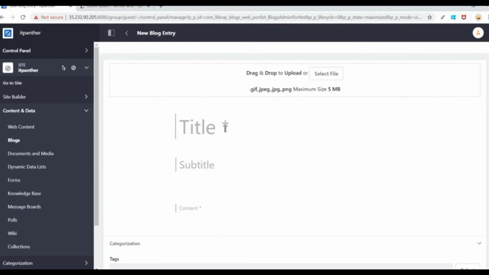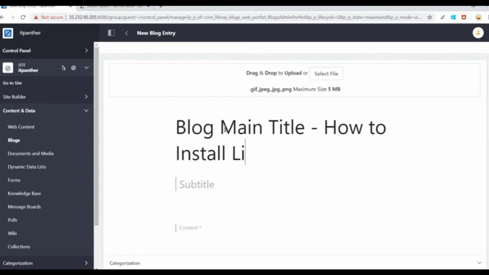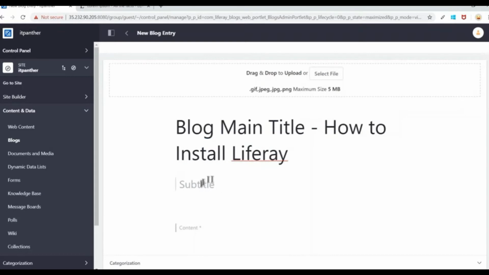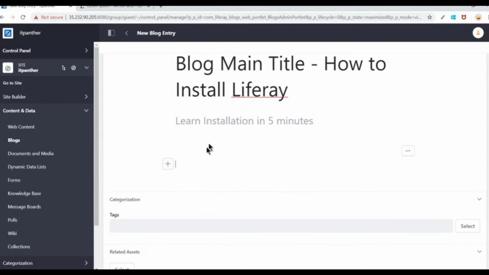In this case I'm going to give a title, so this is going to be your blog main title, and you can name it anything. So let's say how to install Liferay. So I'm just giving it a title name of this. Okay, and in subtitle again it is optional. If you want to give, you can give it. So I'm just going to give some text here. So let's say learn installation in 5 minutes,